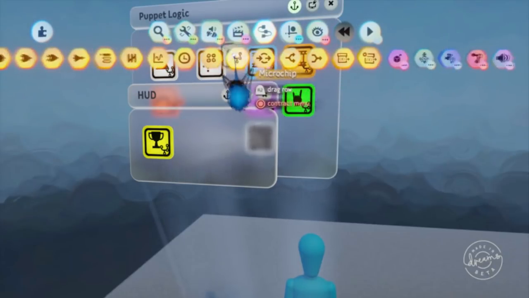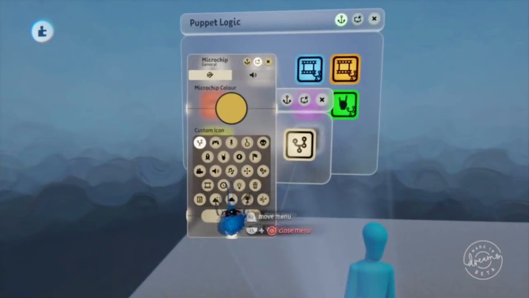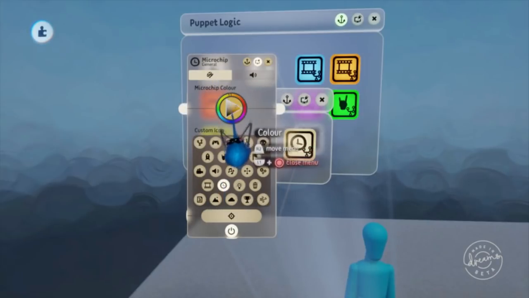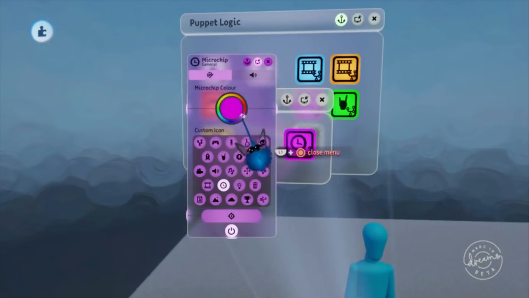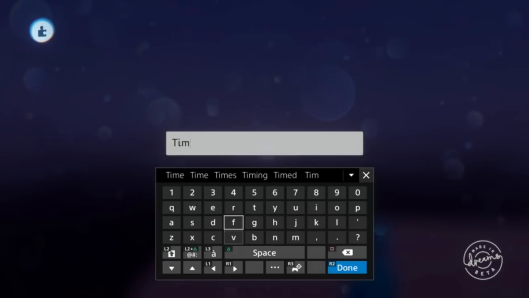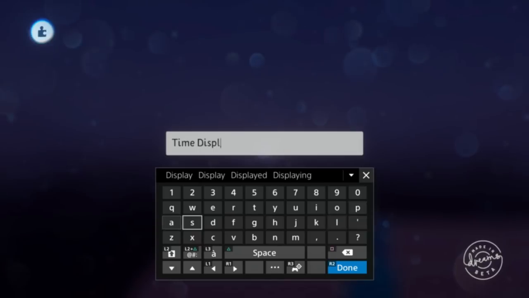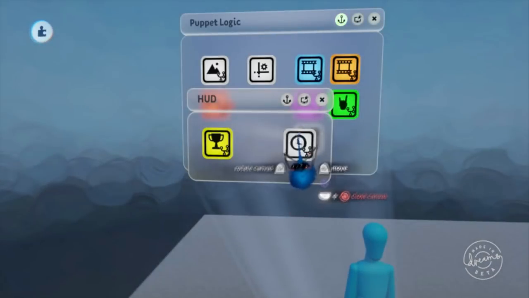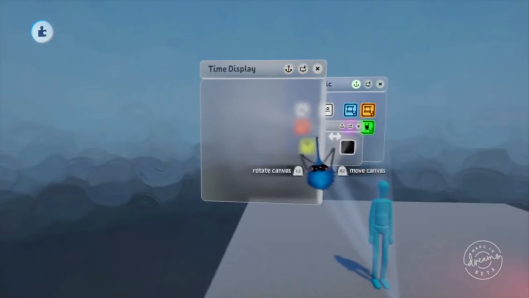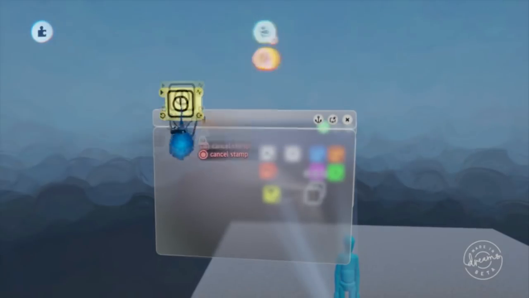So we will take another microchip, and we will do something for time. Let's do what color? Let's do white for time. And this is time display. So you can do this multiple ways, depending on what style you want. So we're going to do a few. And I'm going to take timer,